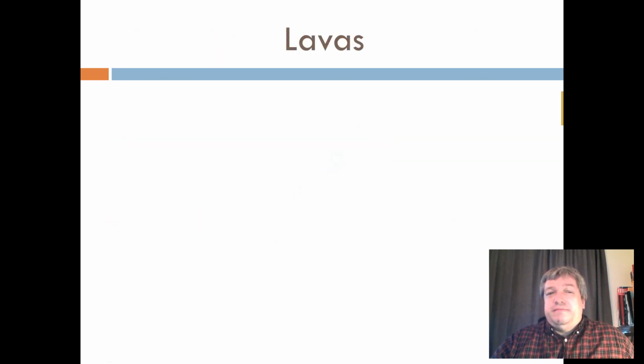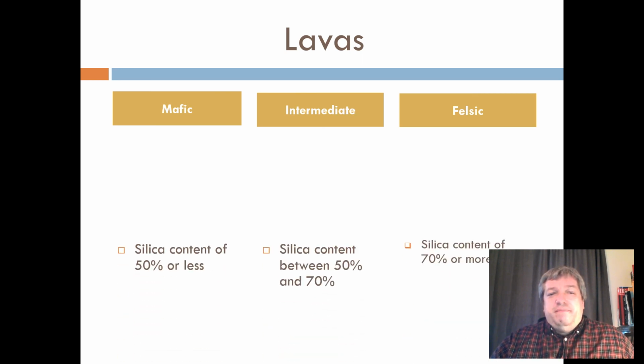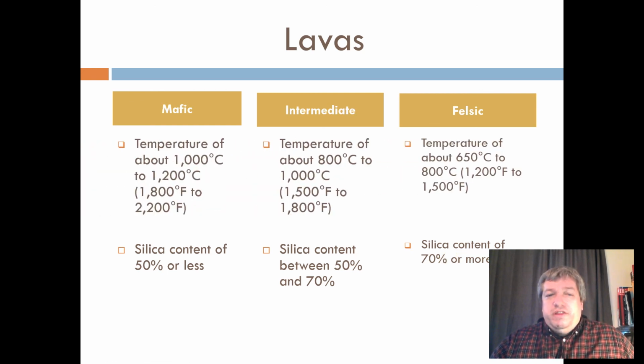So, lavas. We talked a little bit before, I think in the last class before we went on this extended vacation, if you will. Lavas have three different types. It has to do with silica, right? We have mafic or felsic, and then in the middle, intermediate. Mafic lava has less silica, and felsic has lots of silica, more than 70%. Why does that matter? Well, one thing is this.